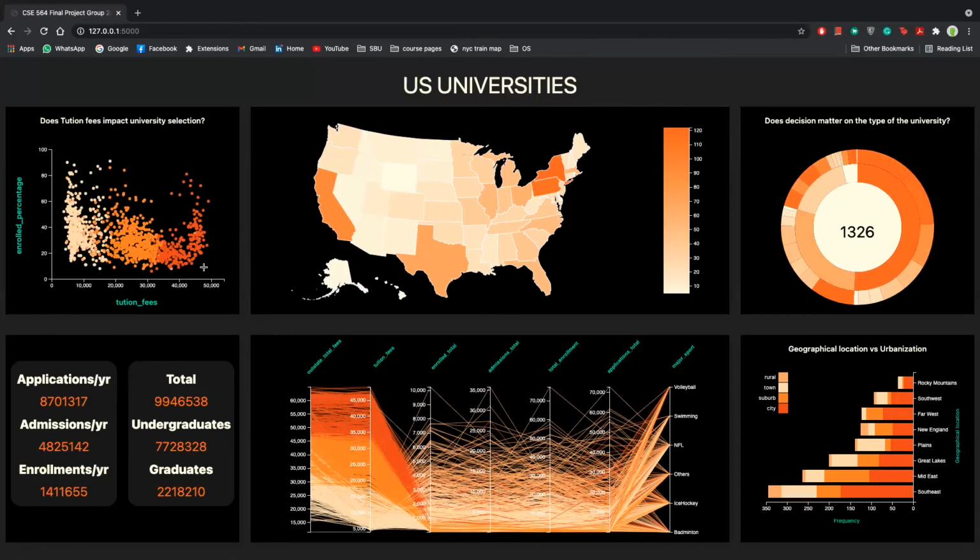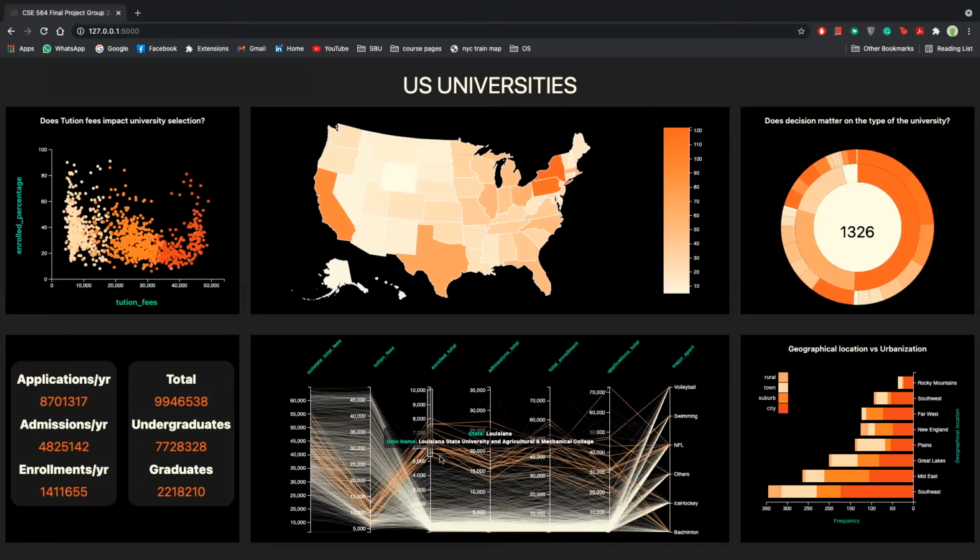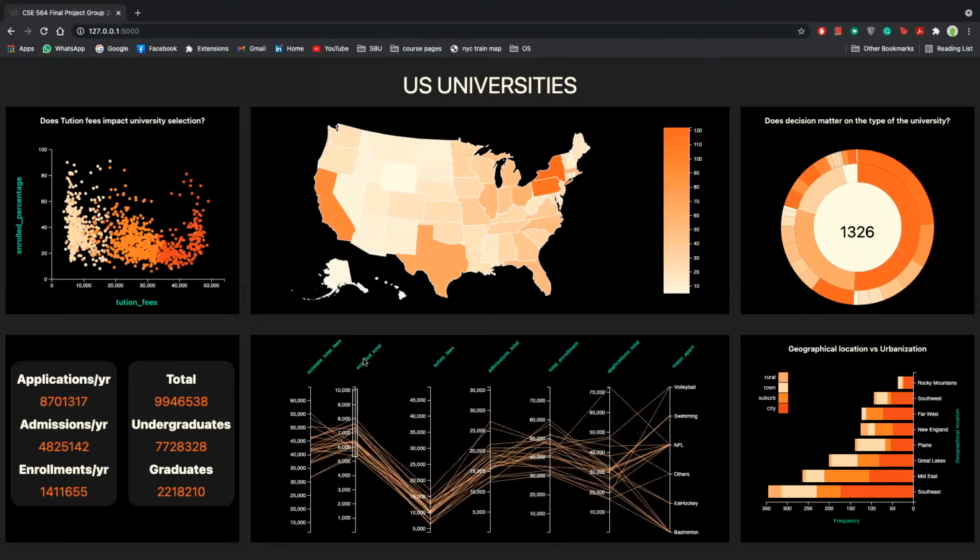I have done clustering on the whole numerical data set. I have used the k-means clustering for this, and I have used the elbow method for finding the optimal number of clusters. And I have used the same colors on the PCP as well to show the clusters. Coming to PCP, I have used the brushing concepts on the PCP, as well as axis reordering is also possible.